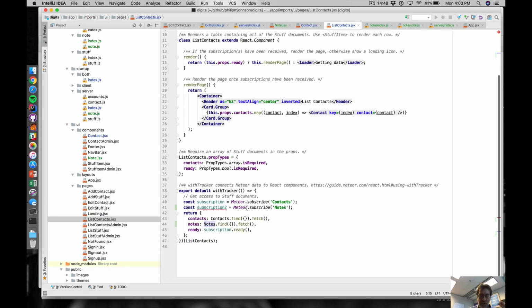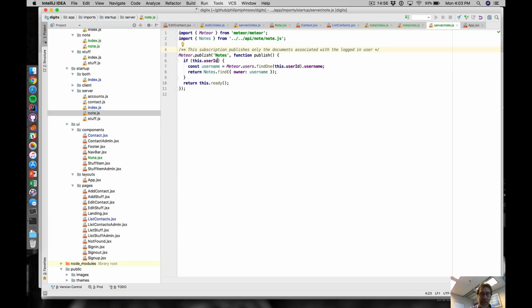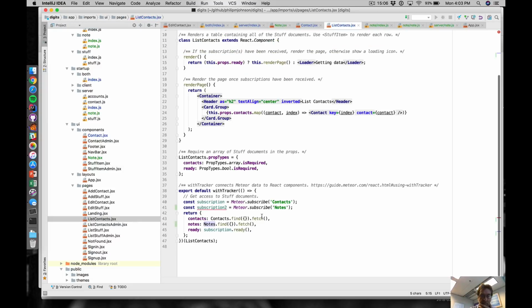to it, this is the line that kind of populates that Mongo collection with the notes that we want it to have. And what are the notes that we want it to have? Well, this publication says the notes that we want to have in that Mongo collection for a particular client are just the notes that are owned by that particular client. Okay. Now the final thing is that we want to